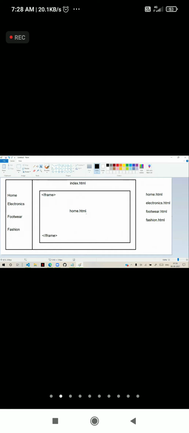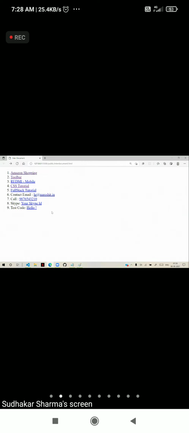So by using iframe, we can achieve this concept. The user will stay on the same page and gets everything on that page. That's what we can achieve by using iframe.